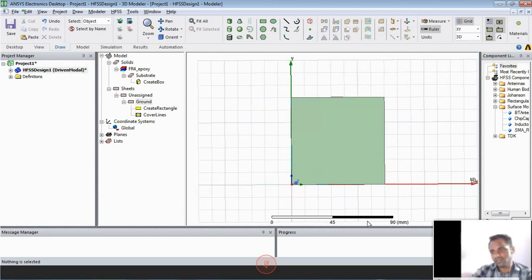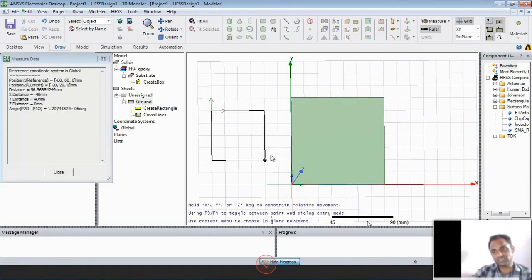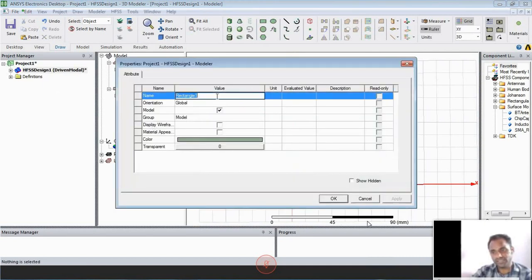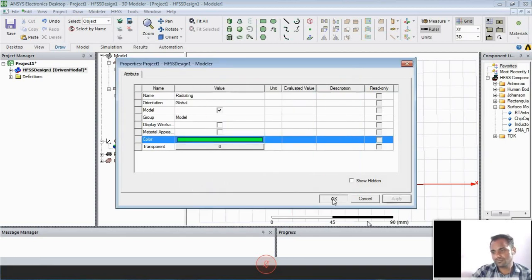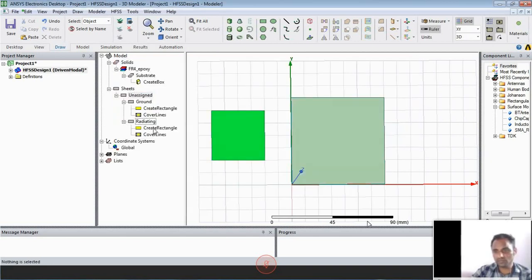Okay. So next thing, as a third step, we need to place a radiating element. In that radiating element, I told before that I change my axis direction. That means the feed line position direction. So I'm using the yx plane as my base plane. So again go for rectangle. So draw one rectangle here. So convert that rectangle into a radiating layer. Then change my color also here.